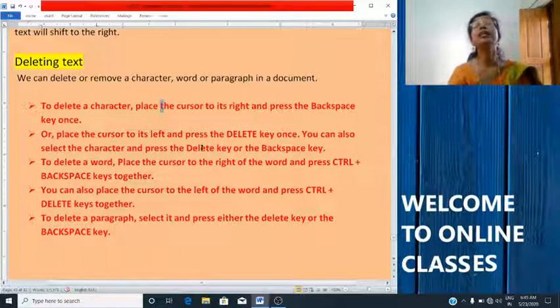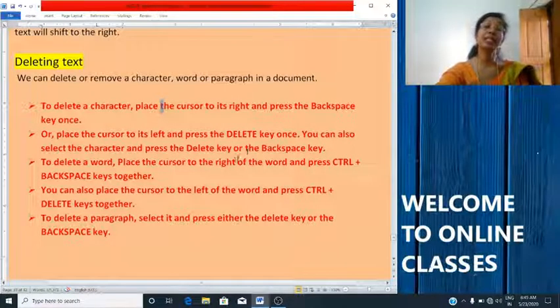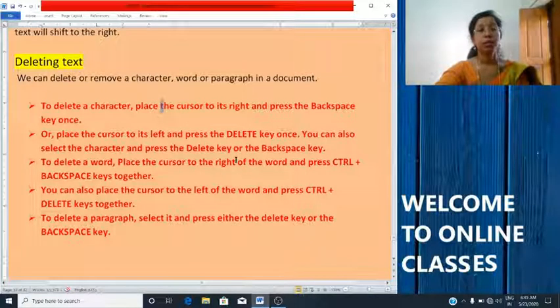To delete a paragraph, first select the paragraph, and then press either the delete key or the backspace key. We already learned how to select text.